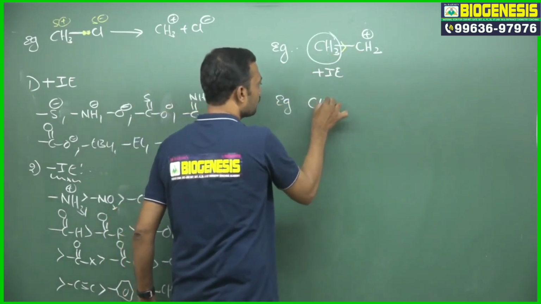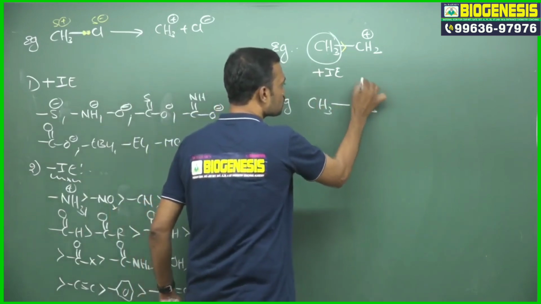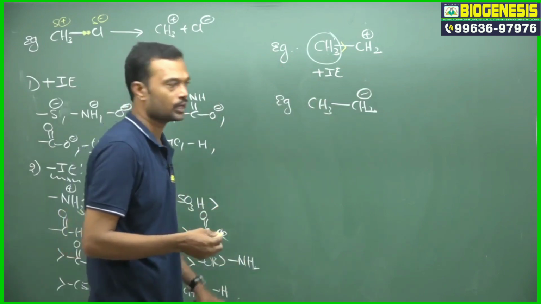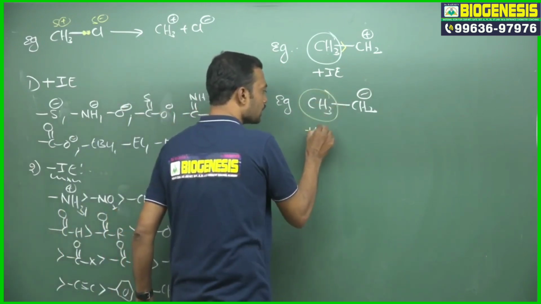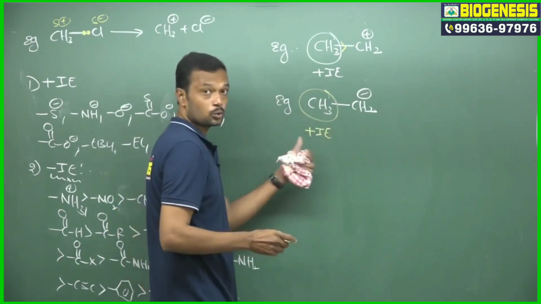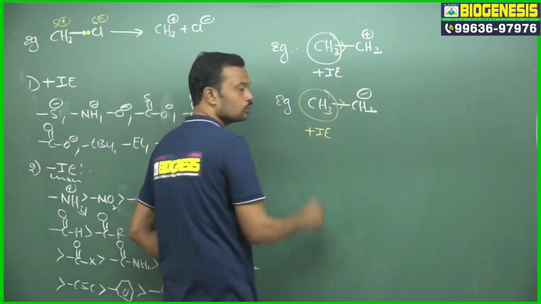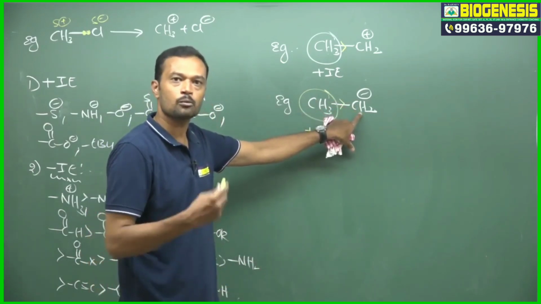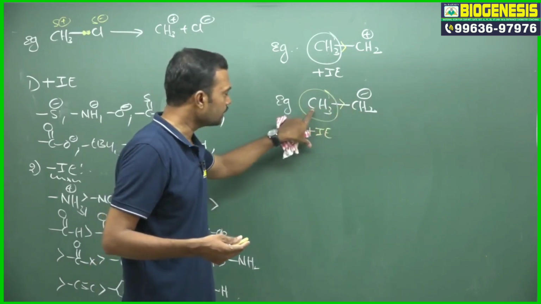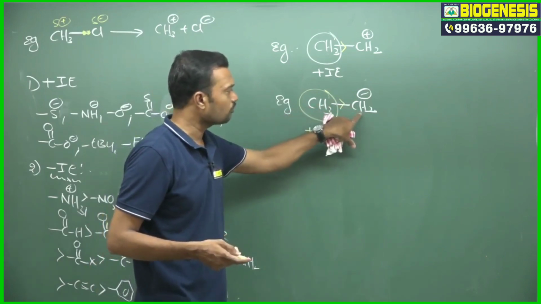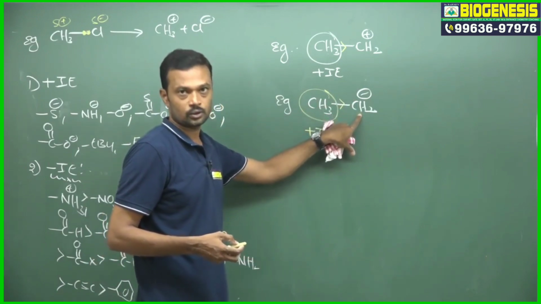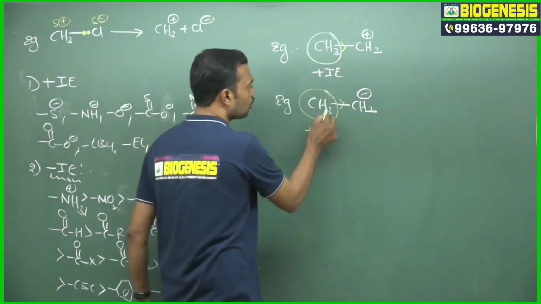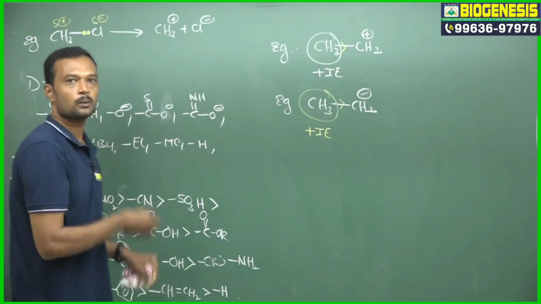Okay. Now here I am writing CH3 followed by CH2 with a negative charge. What does this negative charge indicate? Electron rich species, nucleophilic in nature. So what is the role of CH3? It is a plus IE group, which will release electrons through sigma bond. So it is releasing electrons, and this carbon already carries more electron density. So releasing electrons from CH3 through sigma bond will destabilize this carbanion. Okay. So it may be a cation or anion, irrespective of the nature of charge over here, the role of this group is releasing electrons through sigma bond itself.